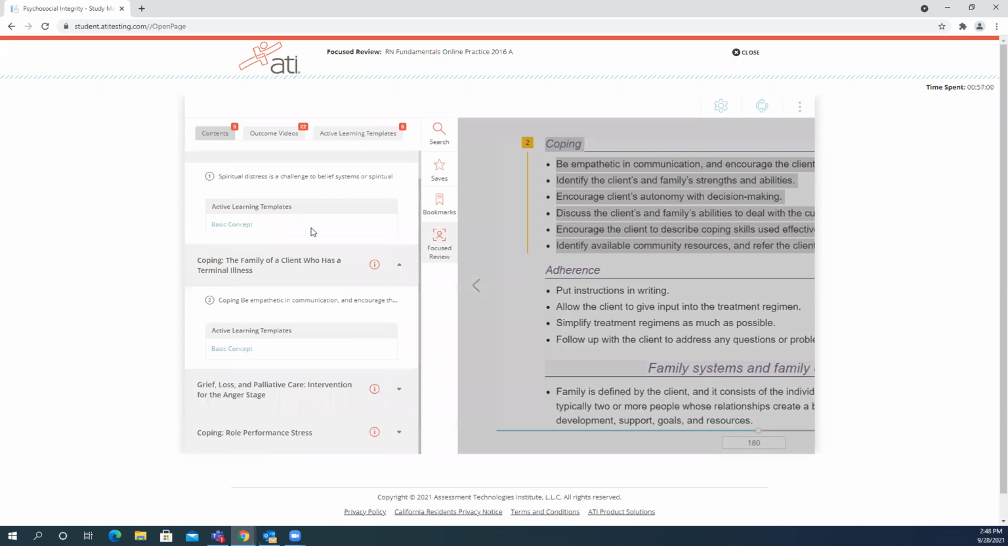And we don't just want students to passively run their eyes over the text, right? They're not actually learning. So we have those active learning templates. We talked about these earlier. These are embedded right here. Focused review will automatically choose the best template for the learning. So this is the basic concept. If I click on that,